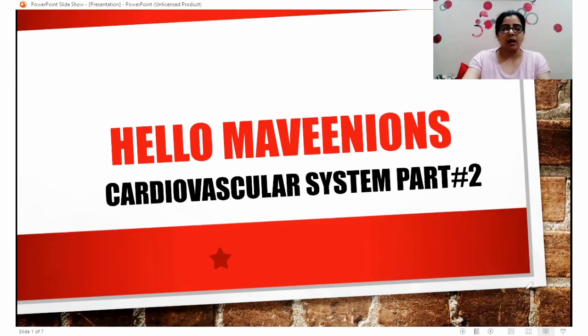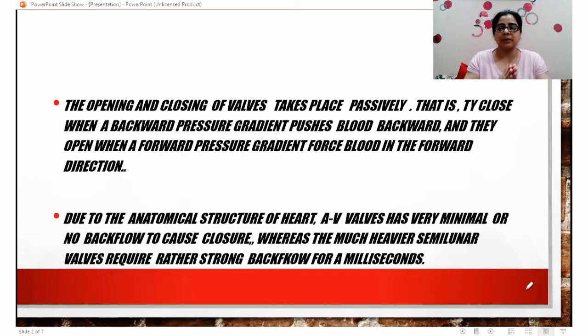Now, we have already studied in the previous lesson that opening and the closing of the walls is a passive process. Why are we calling it a passive process? Because it occurs because of the pressure gradient that is exerted by the blood in the chambers. Like suppose the blood is moving from atrium to the ventricle because of the pressure which is exerted by the blood in that chamber, and that is being pushed to the ventricles. Now, second thing, the AV walls and the semilunar walls both are different from each other in terms of anatomy and in terms of functions also.